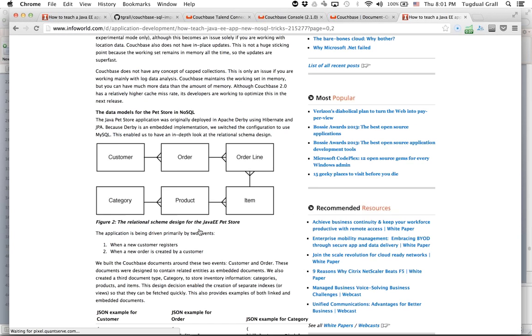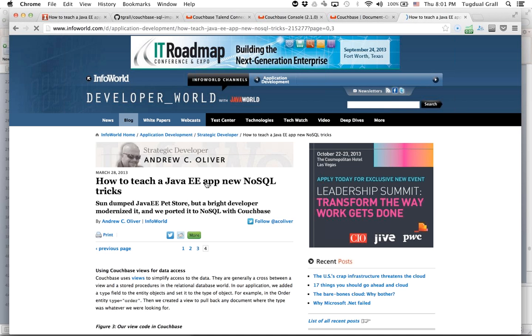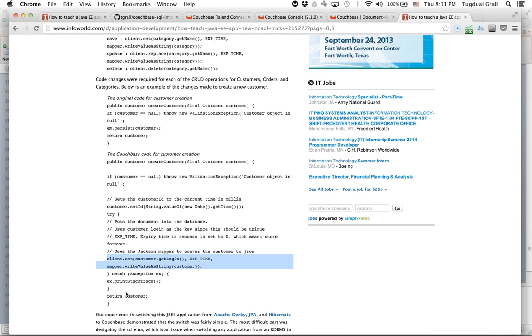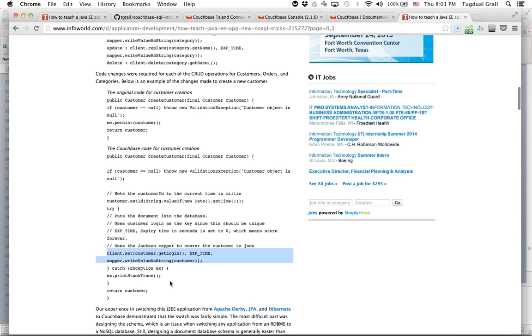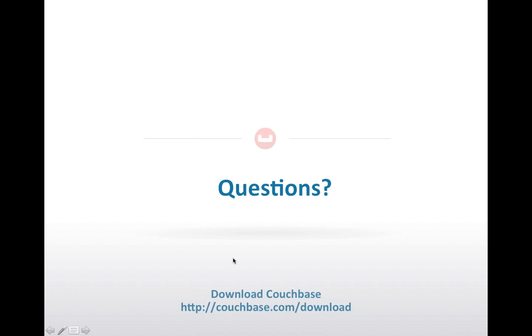So it's more or less what I explained in the slides, but based on a concrete example: this is my entity, this is a document that I will store, and when I want to write code, this is the code that I have to change to go from a pure JPA relational database model to a more NoSQL and flexible way, like for example saving a specific customer's login information and so on.